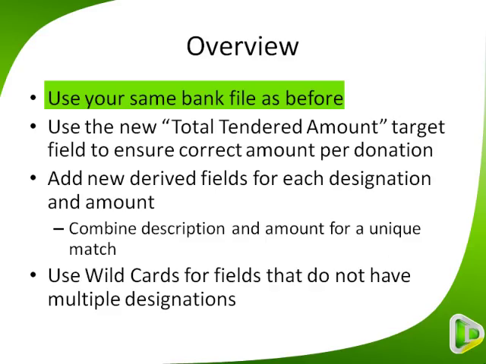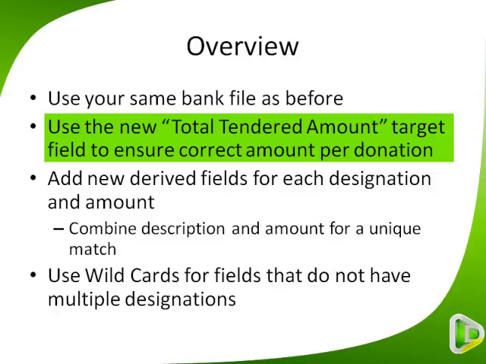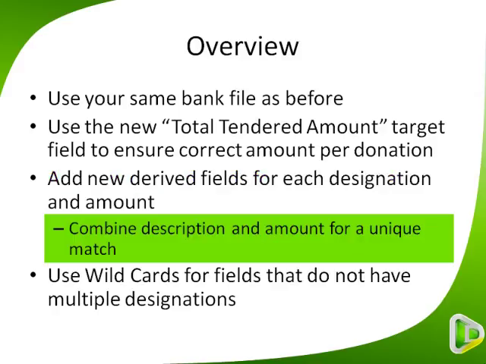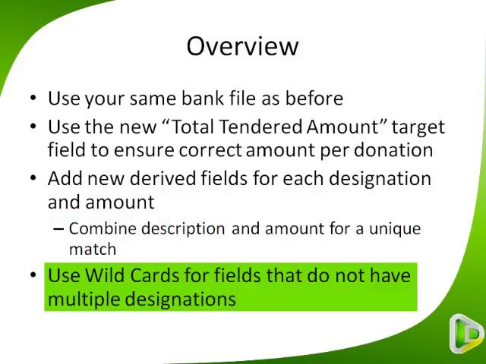Quick overview, you're going to continue to use the same bank file as before. We're just going to change the way DonorWise reads that. There's a new field called Total Tendered Amount. This new target field ensures that the total of the individual designations equals the total amount of the donation. We're going to add some new derived fields for each designation and amount, and to do that we actually need to combine the description or reference code and the amount to create a unique match. We'll use wildcards for fields that do not have multiple designations. You may have not used wildcards before, but we'll need those for any donor that does not give to multiple